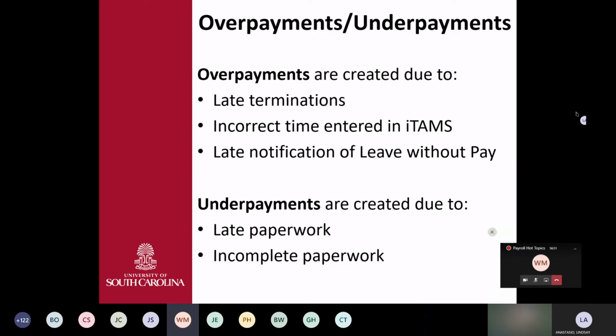Over the summer, we did get a lot of questions from employees thinking they were due to be paid for classes that they were not supposed to be paid for. Make sure they understand how it works if a class is canceled, so that the underpayment process can be handled a little smoother. It also comes down to incomplete paperwork, making sure that paperwork is completed with the correct classes for the correct number of students, and that the employee understands when they're supposed to be teaching it. And with summer econ, out of what grant they're supposed to be paid, and making sure that's well laid out.